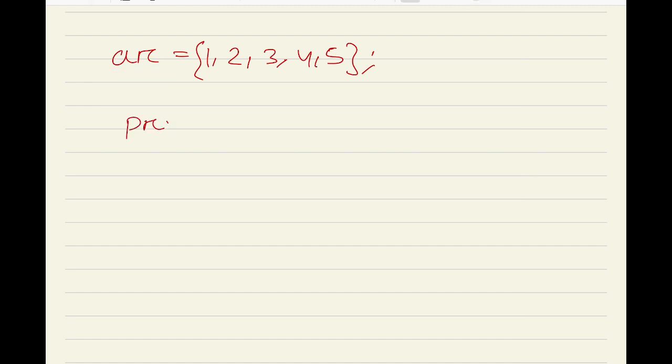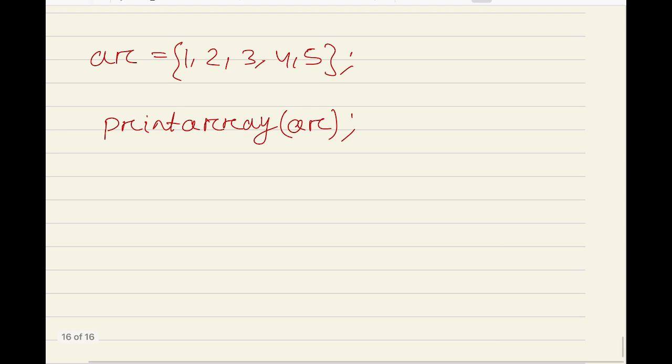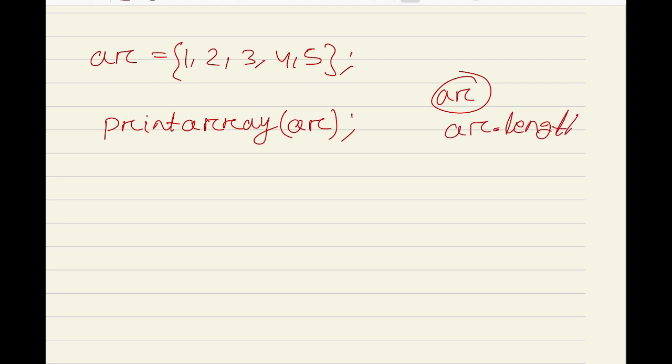Suppose we want to pass this array AR to a method print array. So we have a method print array and we want to pass this array AR to this method. So just pass AR like this, without any square brackets, just the name of the array. And every array object knows its length. So here in this example also AR knows its length,